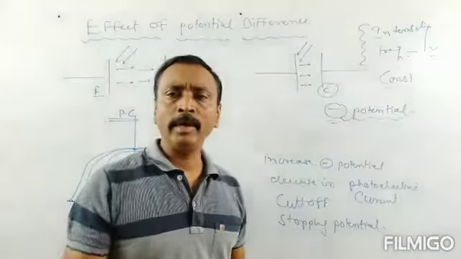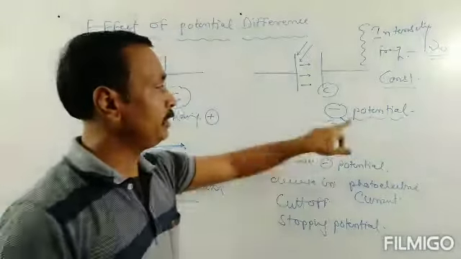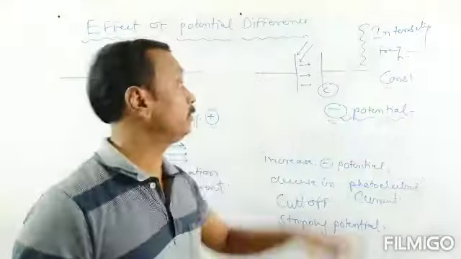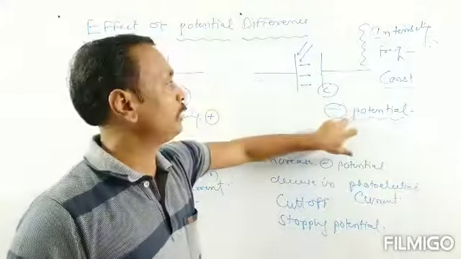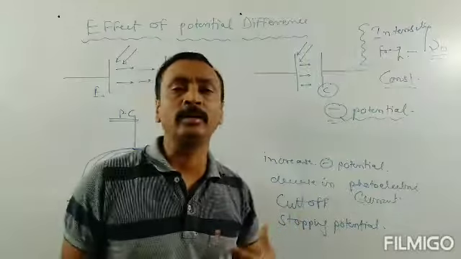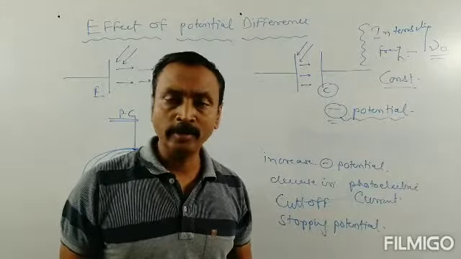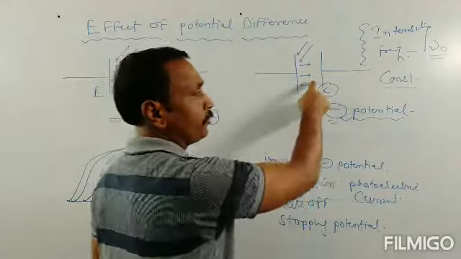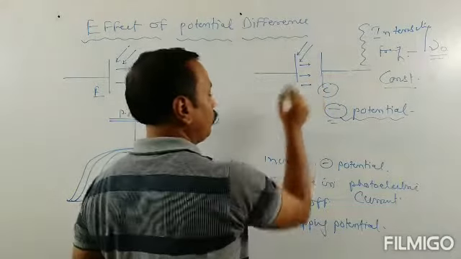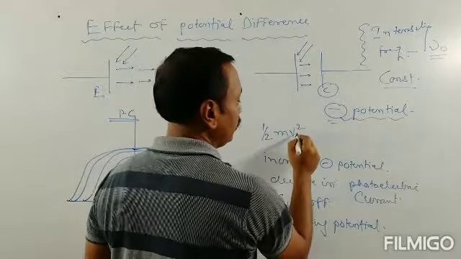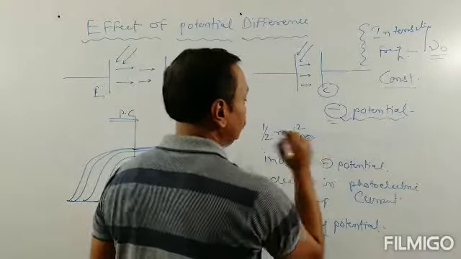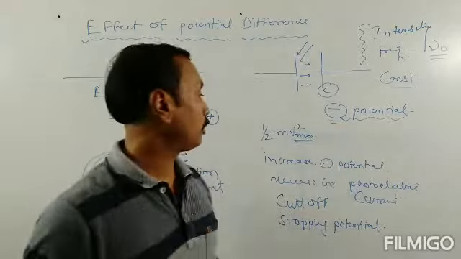So we can formulate the situation when the negative potential is increasing: there is sufficient negative potential energy to stop the most energetic photoelectron. So for the speed of that photoelectron, 1/2 mv square, where v is the maximum velocity of the photoelectron,